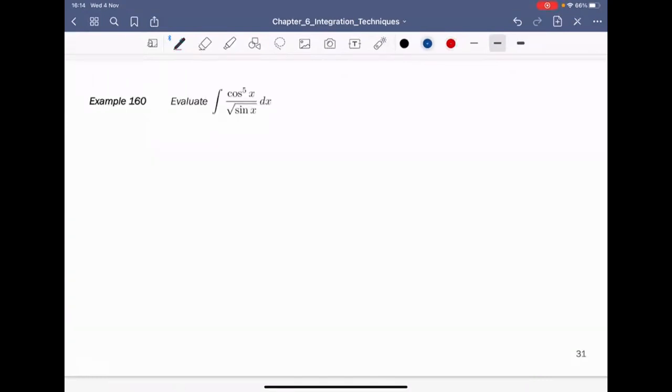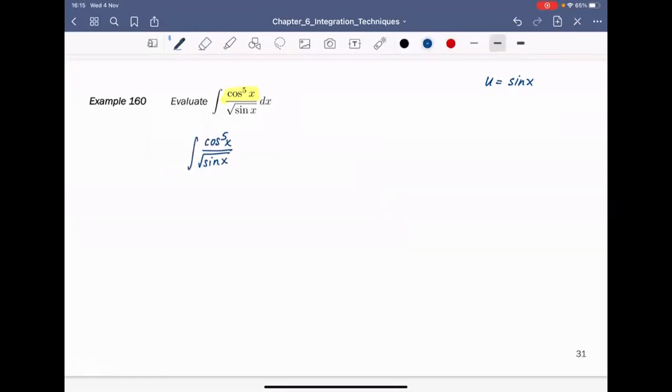After I see this example, just look at the question. I see cosine to the 5th power. Man, I feel so happy that I see the 5th power here, because I expect that if I do u equal to sine or cosine, it's going to work. So let's do u equal to sine first. All right, let's do u equal to sine. So I'm going to have,